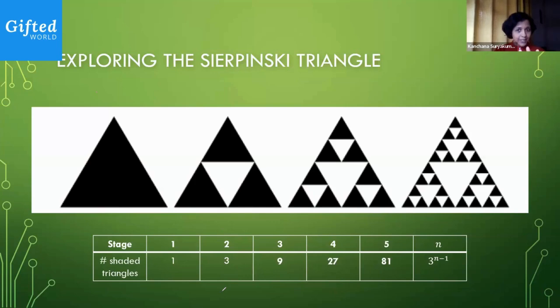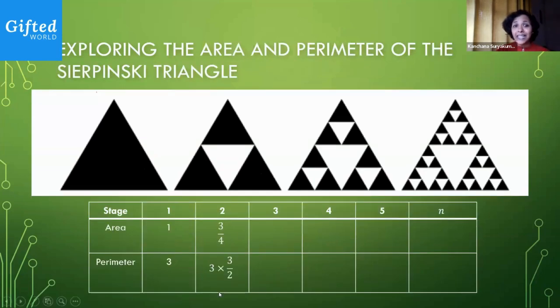I want to continue to explore this because my main goal is to go back to my spreadsheets. Let's look at this a little more. I might step up my pace a bit, but you can type out your doubts, questions, etc. on chat. I want to now look at how the area of the shaded region and the perimeter of the shaded region behave. I have filled in the first 2 stages for you. It doesn't matter what the actual value of the area is. Let's start by assuming that the area of the big first stage triangle is 1 unit square, right?